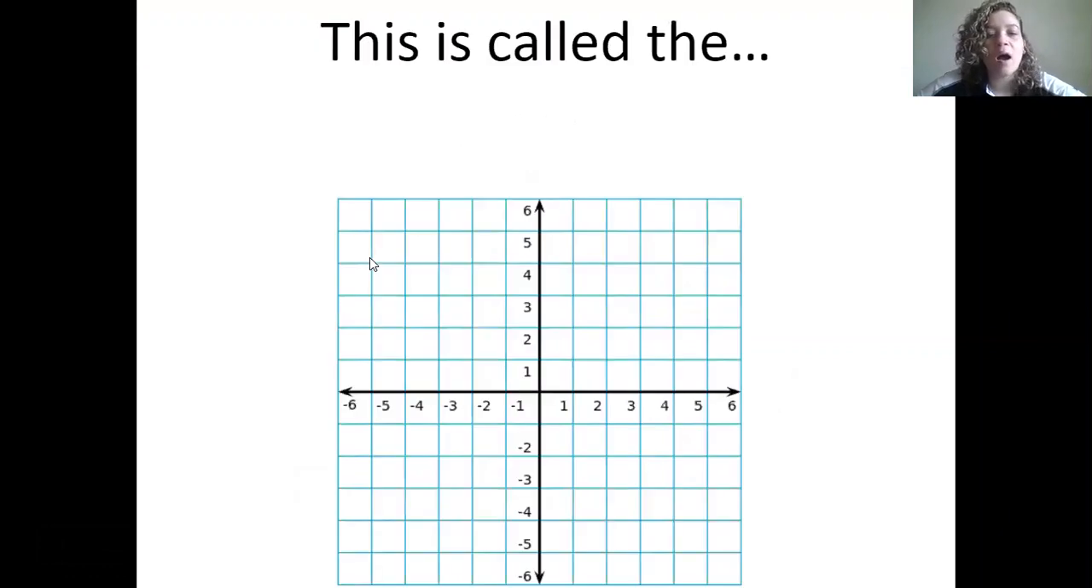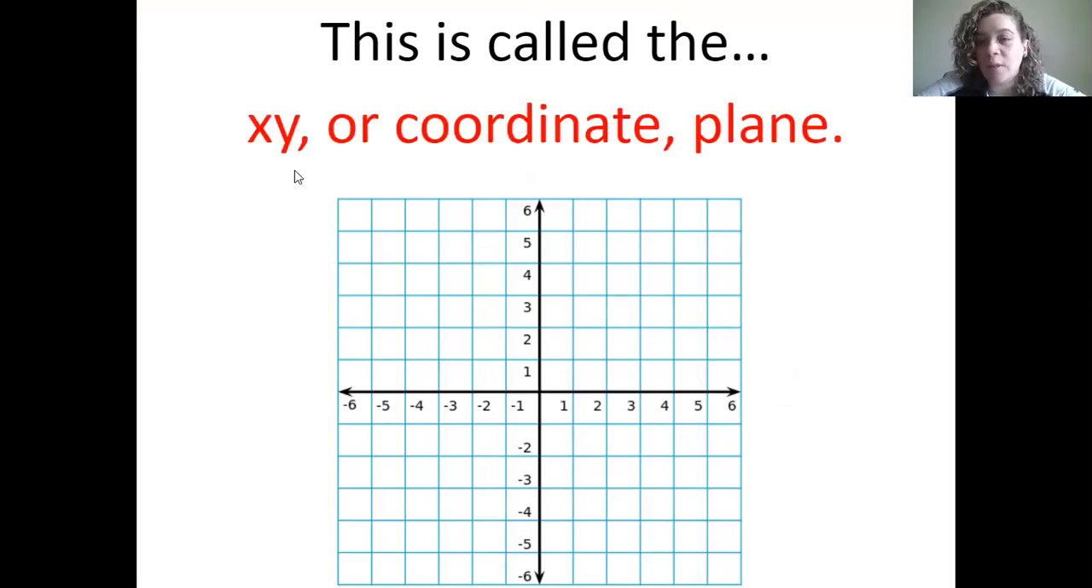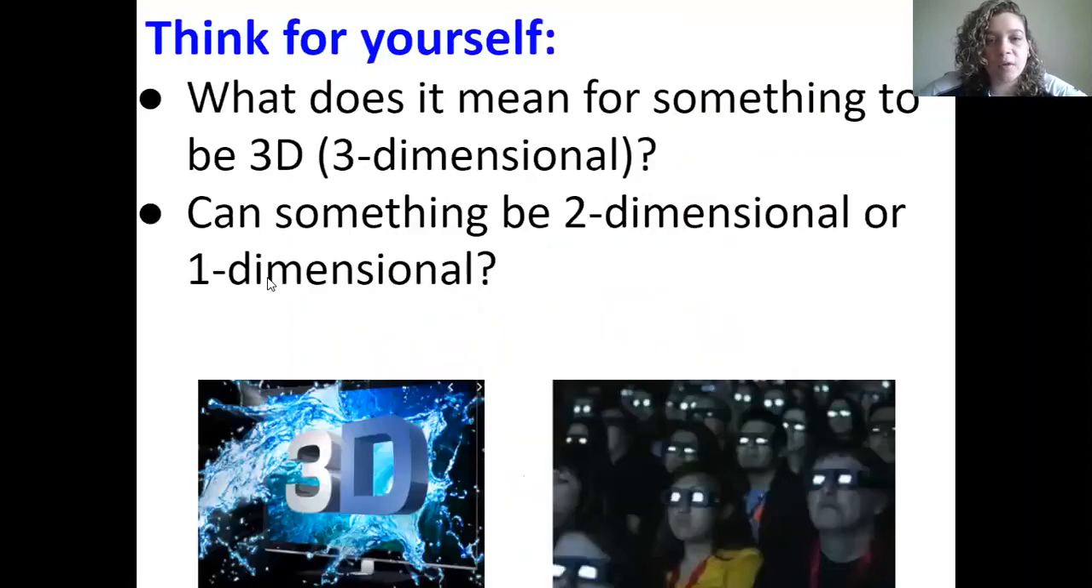Okay. Finally, we have something that you should all be familiar with, especially coming out of Algebra 1. This is called the XY or coordinate plane, okay? Should be very familiar with this. We'll be using it later this year, okay? Then we have some questions to think about